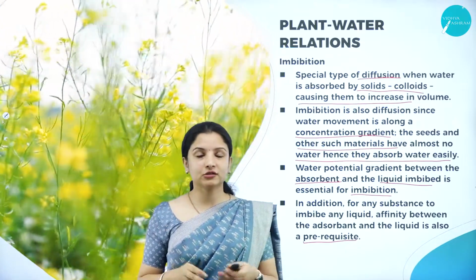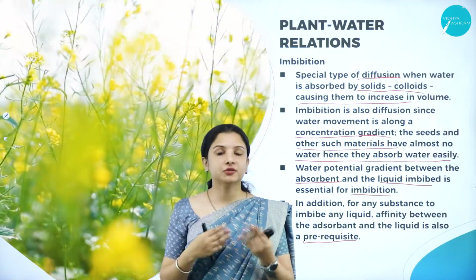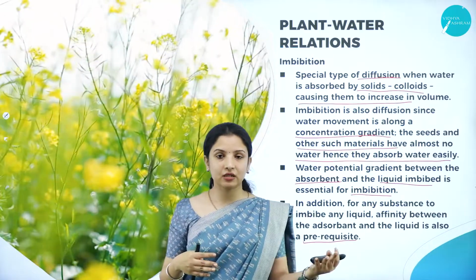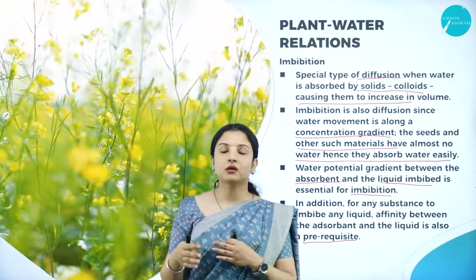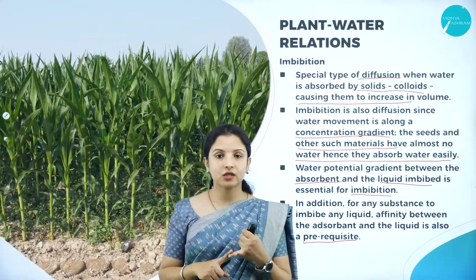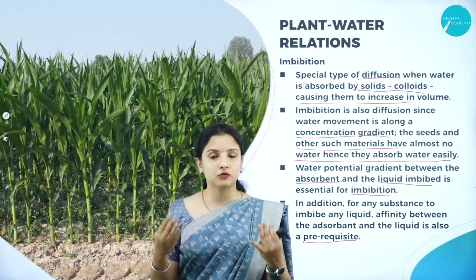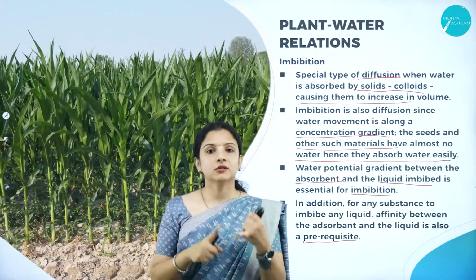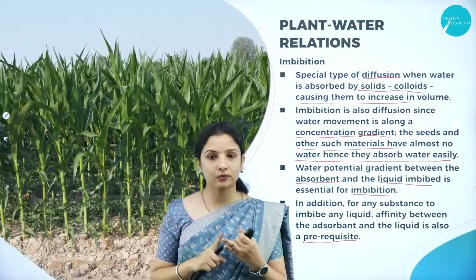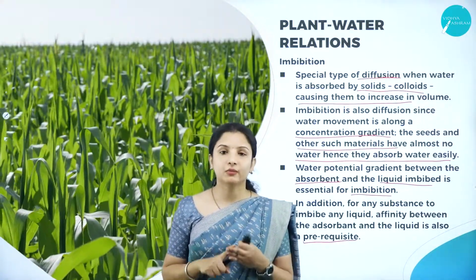I hope you understood this session, wherein we discussed some important components which help us understand the transport of water in plants, making it clear how the relationship between the plant and the water takes place. We learned that apart from diffusion and water potential, there are also various other processes which explain the transport of water in plants, such as plasmolysis and osmosis, and we also learnt about one more kind of diffusion called the imbibition process. So this was about today's session.